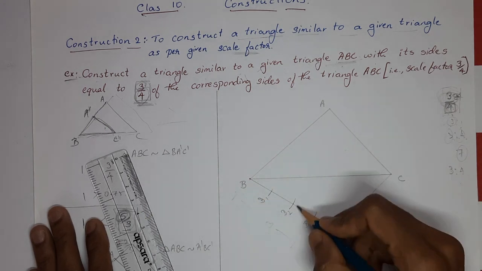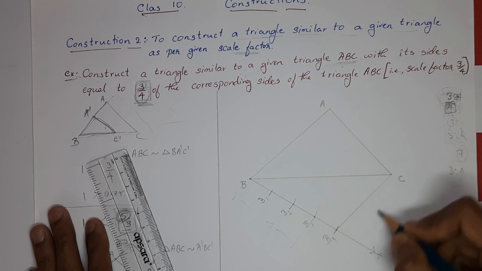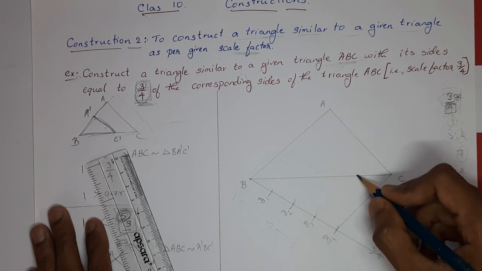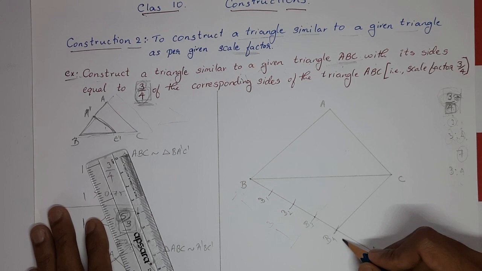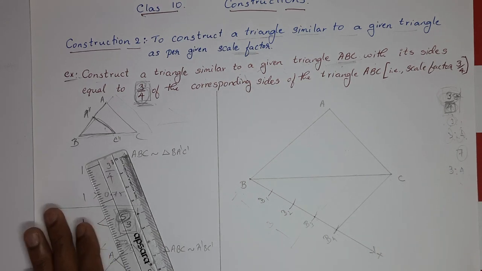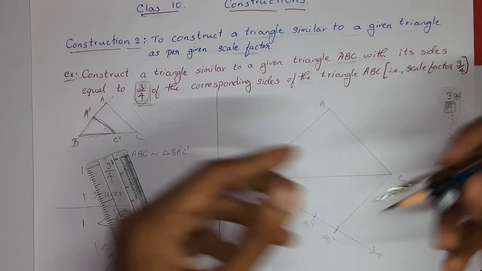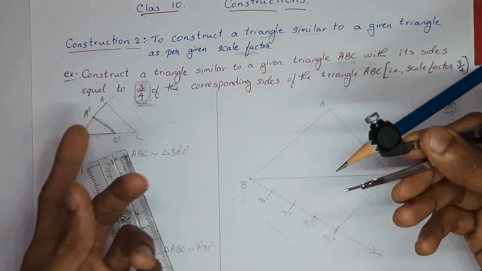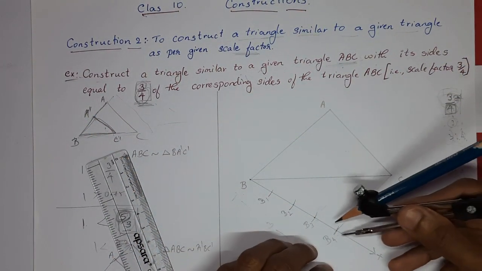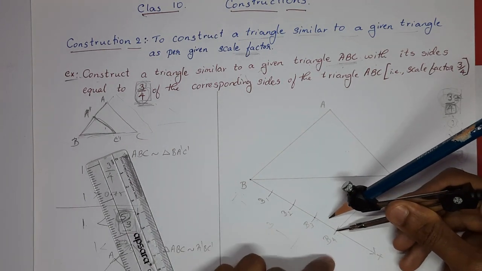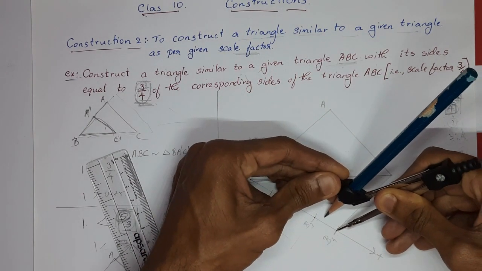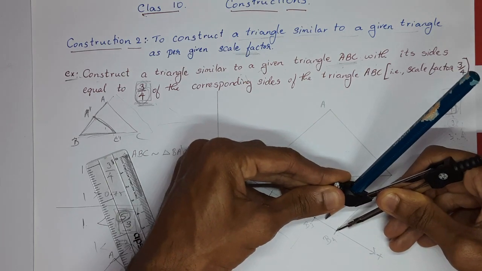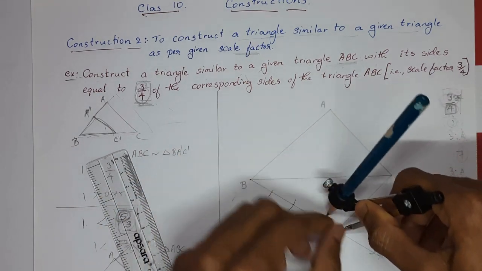From B3 we have to draw a parallel line, such that it is parallel to B4C. So how to do this? In the last class we went through the line segment. Similarly, take any measurement. Once again you can change the measurement: keep B4 as center, take as much as you want, it is left to you. Take one measurement and draw one arc.